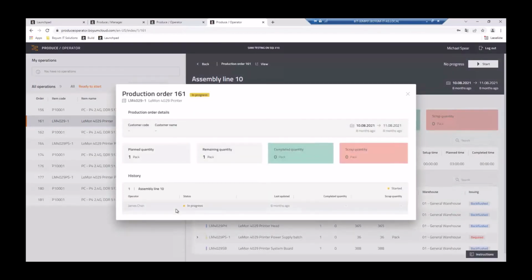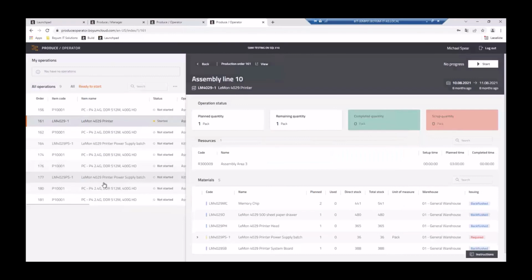And he can see that, oh yeah, I don't remember because I didn't do it. The operator named James Chan is the one currently working on that operation, not me, okay? So that information is also available for the operators, not just for the supervisor. Okay, this is just a quick one just to show you, and